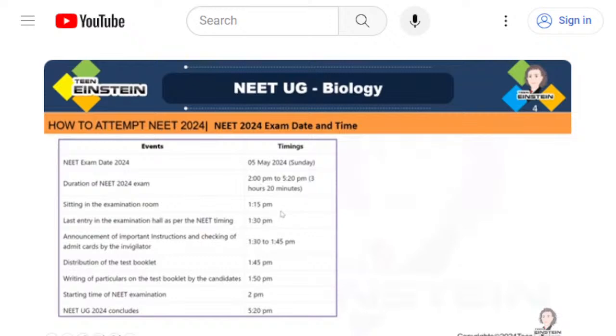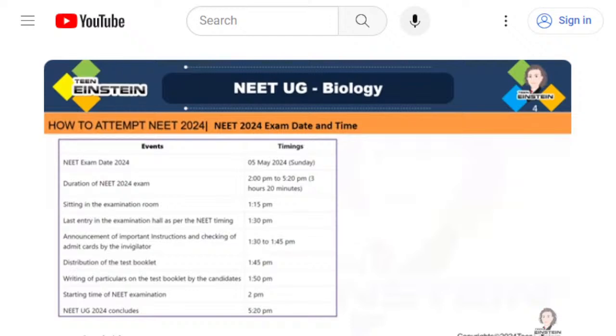So first thing which we need to learn is you have to reach your examination center before this examination time, or the sitting time is 1:15 p.m. You have to sit there by this time. Okay, because if you are becoming a little bit late, again you'll get tensed, you'll become in extreme tension, you'll get confused. So along with that, your answers or the portions which you have studied, that also will get that